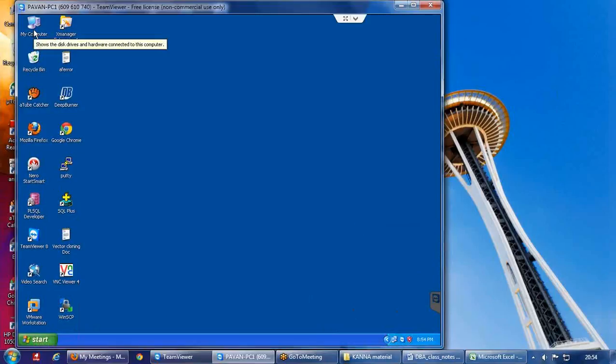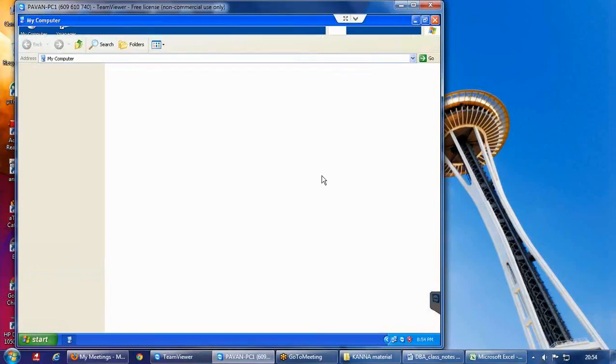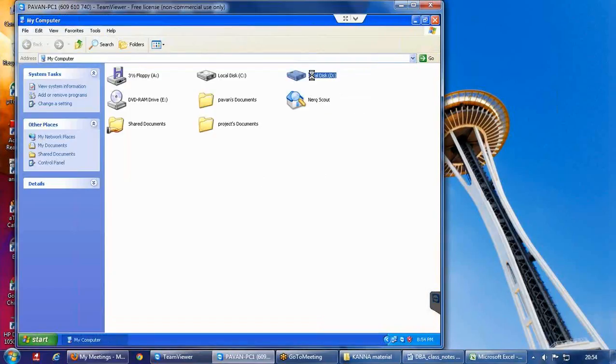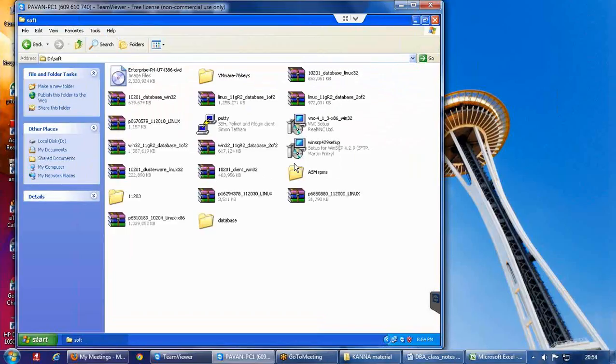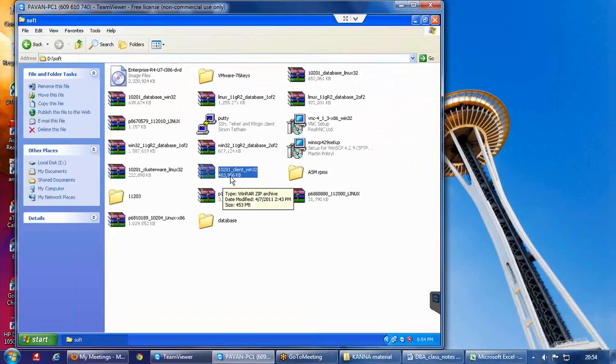The installation of Oracle client software will be similar to Oracle installation on Windows. For example, on this server in the D drive under the folder soft, I have the software 10.01 client Windows 32.